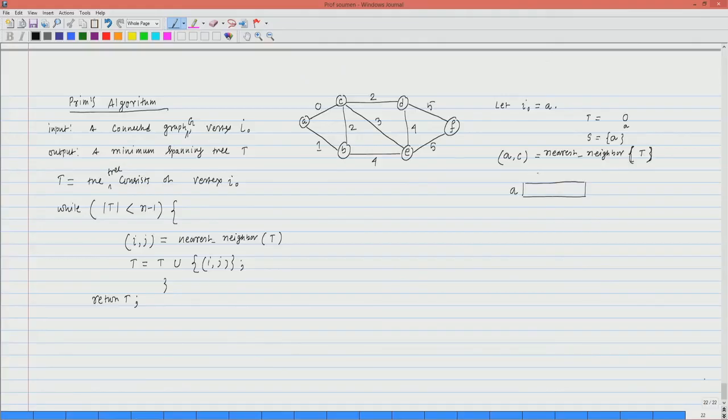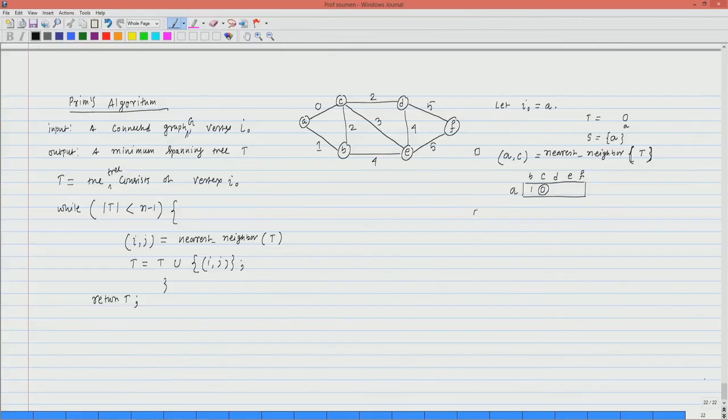So, S complement consists of B, C, D, E and F, and you can see that A and B there is an edge and the weight is 0, A and C there is an edge and the weight is 0, A is not adjacent to D, E, F. So, you can keep this blank. So, this is the smallest one. So, the nearest neighbor is AC. This is another way of computing the nearest neighbor. You can see it from the figure also. So, this is the first iteration, and